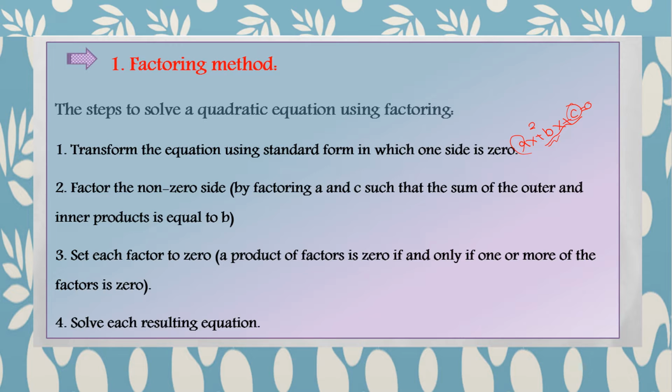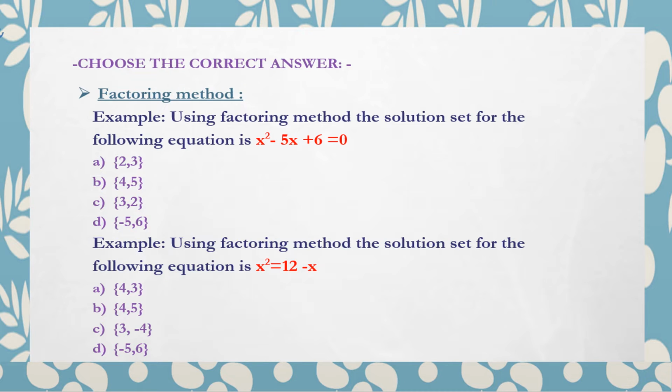Step number 3, set each factor to 0. A product of factors is 0 if and only if one or more of the factors is 0. Step number 4, solve each resulting equation. Let's solve some examples in order to clarify these steps. Choose the correct answer by using the factoring method. Example: using the factoring method, the solution set for the following equation x^2 - 5x + 6 = 0 is: